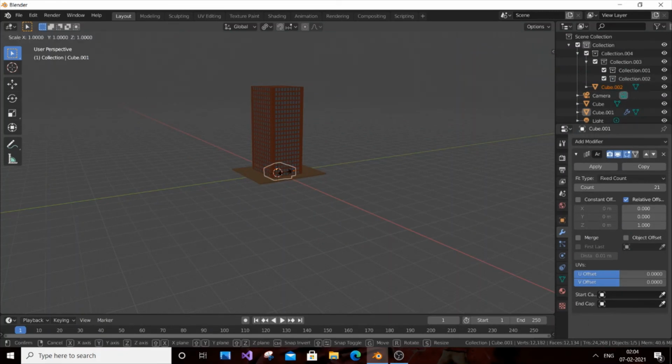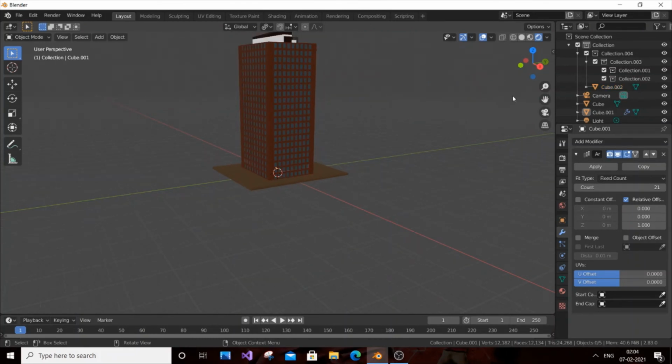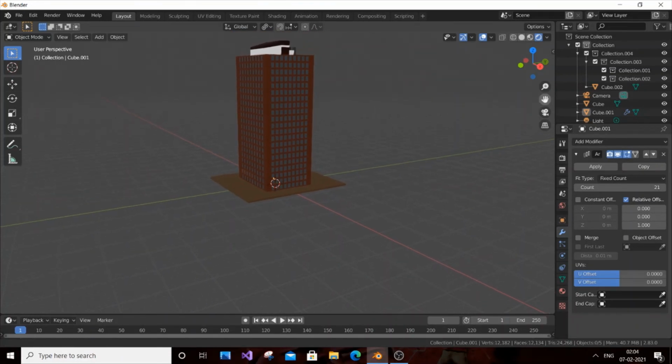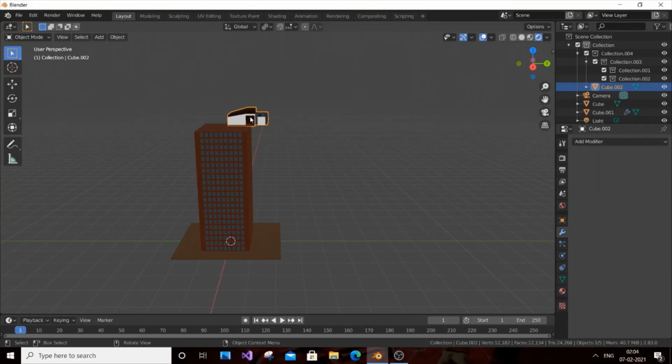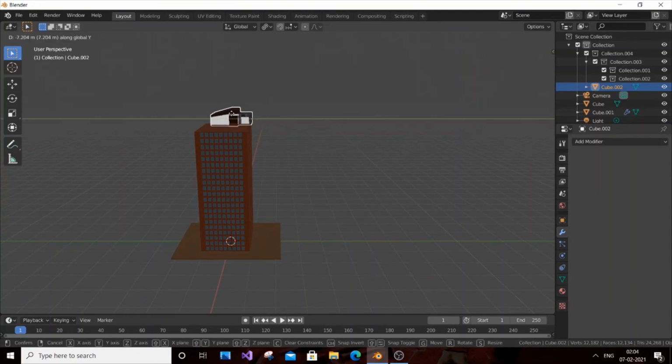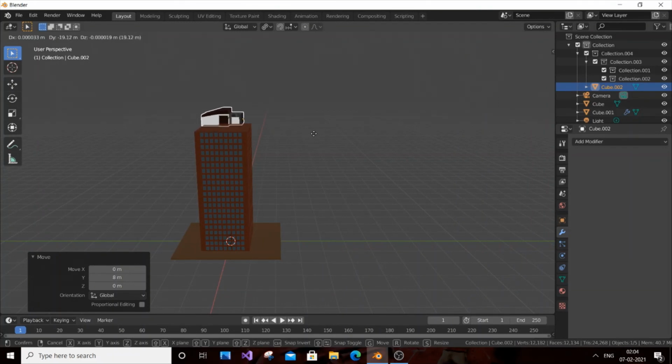I will press G and move it up. I will place my house over my building. This is a house I made step by step. I have done a video on how to make this house. Actually it's a time lapse, and you can slow it down and see the house. It's really simple. It's the autoplay video of my channel, or you can just scroll down in my channel's video list. So that's a really good house. I will press G to move it and place it over the building.